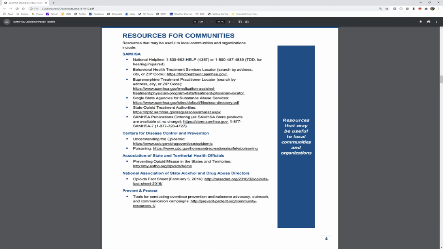Are there any additional resources for communities? Yes, the resources that may be useful to local communities and organizations include SAMHSA 1. National Helpline 1-800-662-4357 or 1-800-487-4889 TDD for hearing impaired. 2. Behavioral Health Treatment Services Locator, search by address, city, or zip code, https://findtreatment.samhsa.gov. 3. Buprenorphine Treatment Practitioner Locator, search by address, city, or zip code